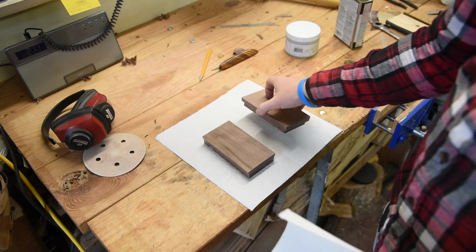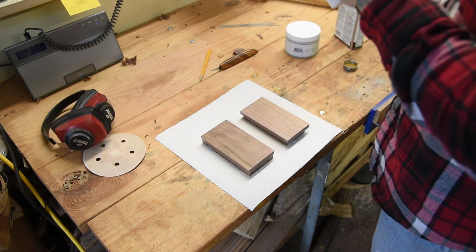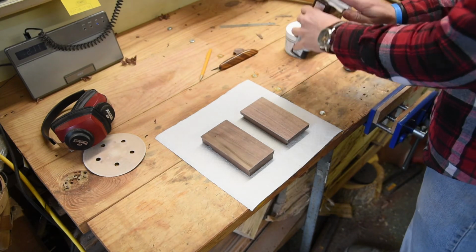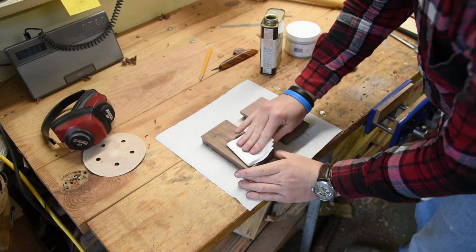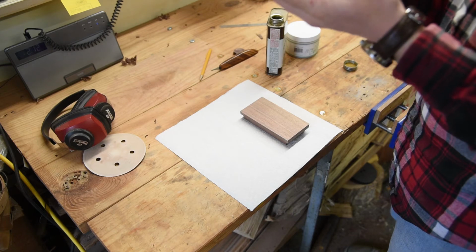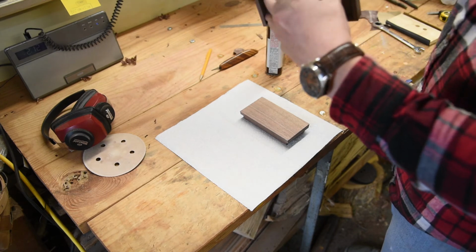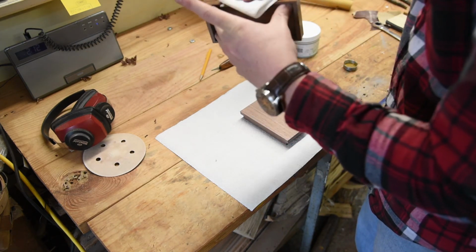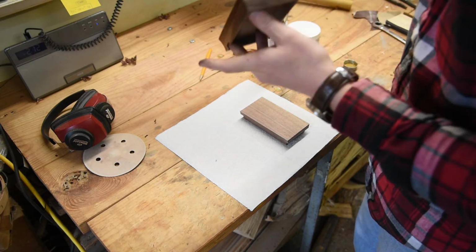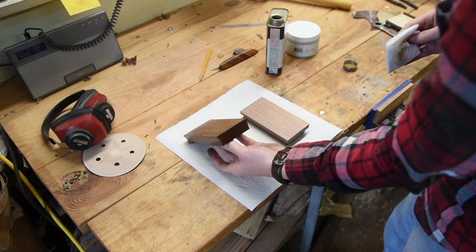Alright, got it all sanded. Time to apply the finish. Just using my standard Danish oil like I do in every video. Nothing new here. And I'm actually going to try a new way of signing my work here. I've got a little wood burner that I'm gonna try to sign the bottom with. So I'm not going to